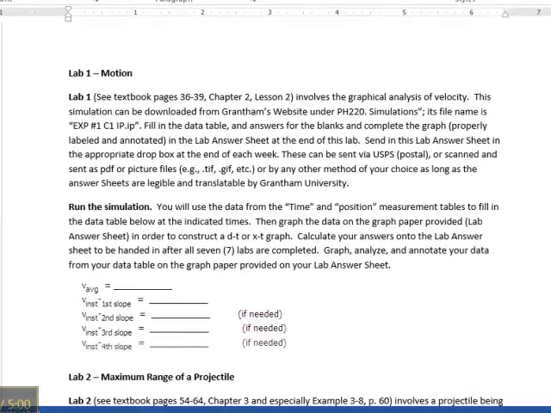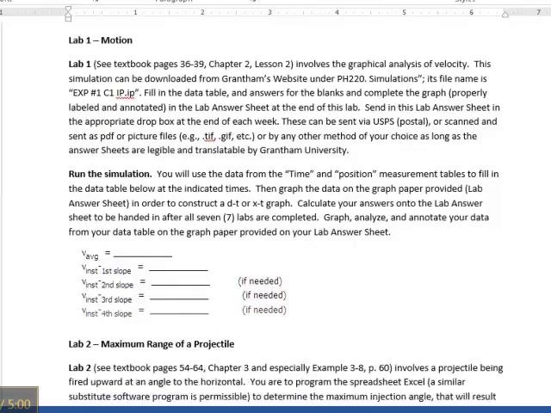Jumping over to our lab instructions now, we see what we're looking for. Notice it follows basically what we're doing. It tells you the lessons as follows, the textbook pages, and it tells you the experiment we want to do and how to open it. It says you want to run the simulation,